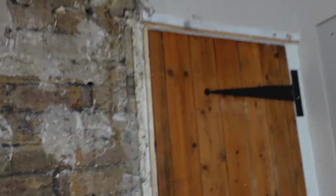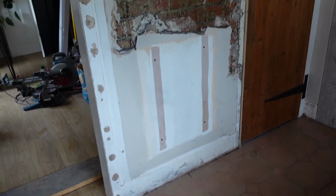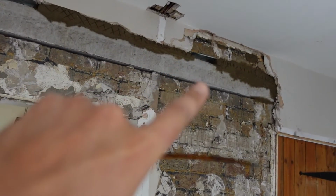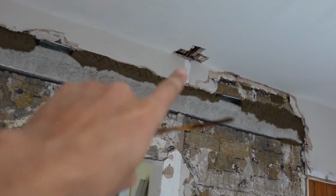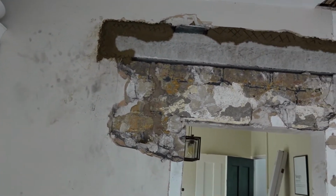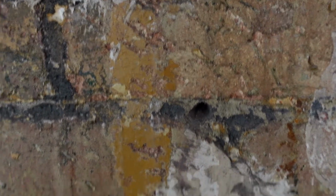Oh, all clean now. End of day one, and well, I say one, we started it yesterday, but we only drilled a couple of holes. Taking the radiator off today, and cut out where the lintels go in, put the pipes up in the ceiling, cut out where the lintels go in, gone. And now that's just going to set, and then tomorrow